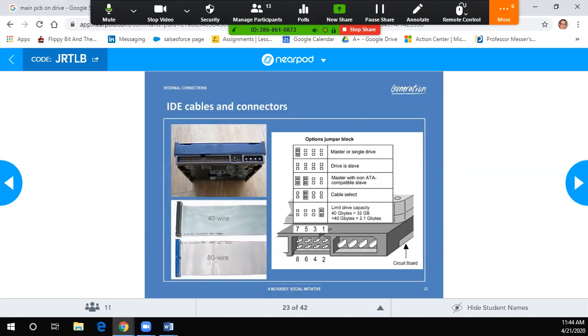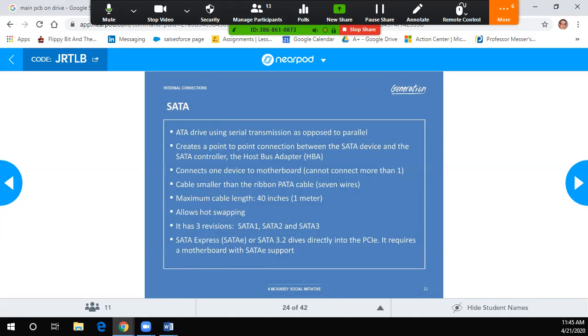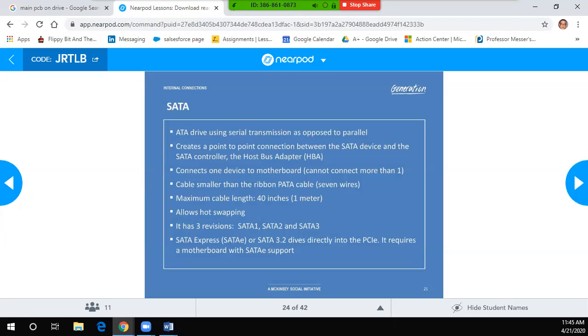All right, next slide, 24. SATA. It's an ATA drive using serial transmission as opposed to parallel. Does anybody know the difference between serial and parallel? I do. Okay. Want me to explain? Yes, feel free, please. Parallel means that they have all their own individual wires. Serial is that they're actually point to point. They're actually sharing the circuitry. Oh, close